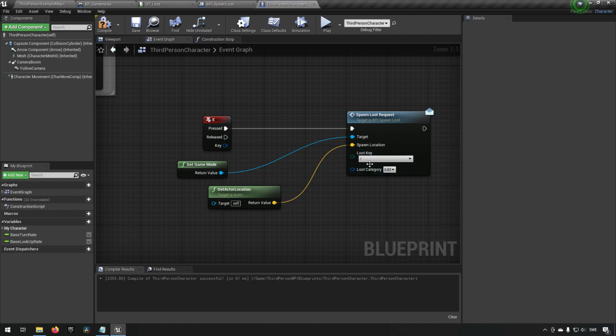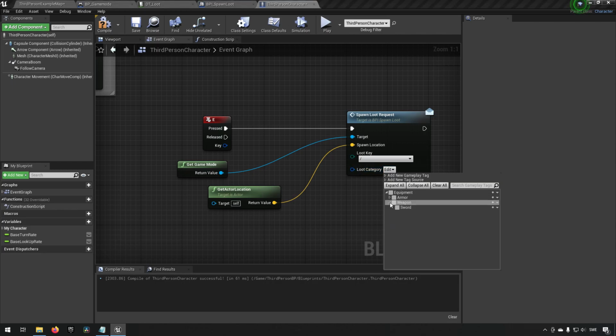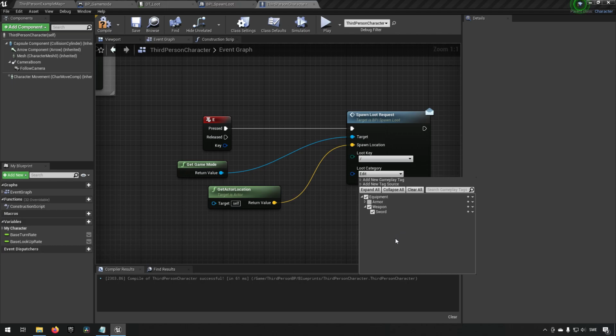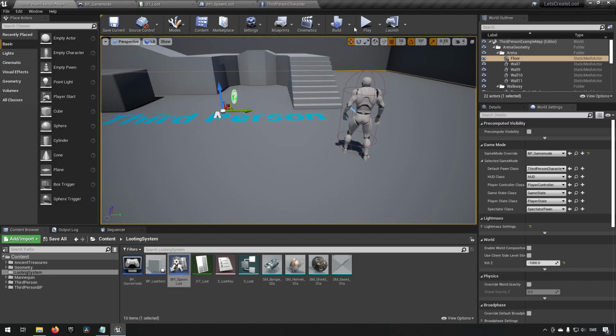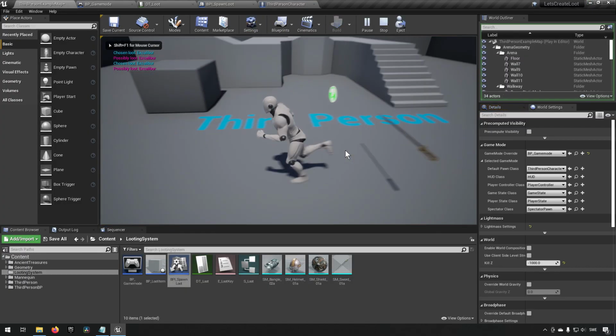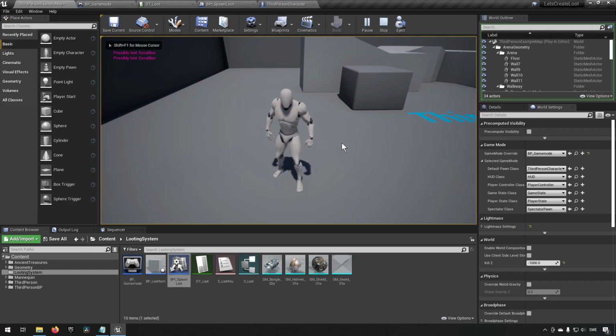Let's remove our key because we don't want a specific loot. We want to have something from our gameplay tags. If we now go and choose sword here, for example, you can see it marks everything down to sword. We can only have one specific item and its subsections marked at one time. If I were to choose armor, it will unchoose weapon here, for example, you can see. So if we have sword now, compile, save, and run, you can see we get a chosen loot Excalibur and